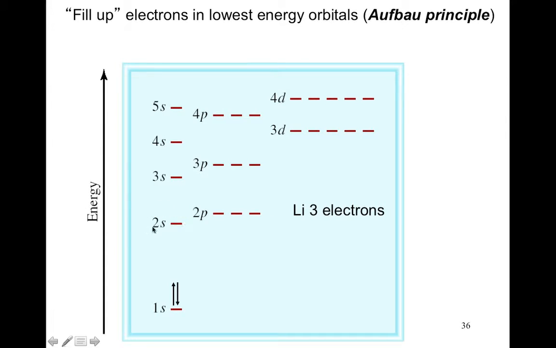Lithium has 3, so now we have to jump up to 2s. And so you describe lithium as 1s2, 2s1. Beryllium has 4, so you'd do the other down arrow. You'd have 1s2, 2s2. Boron has 5, so you draw 1 up arrow in the 2p, so you'd have 1s2, 2s2, 2p1, and you can go on and on like this for the whole periodic table if you want,